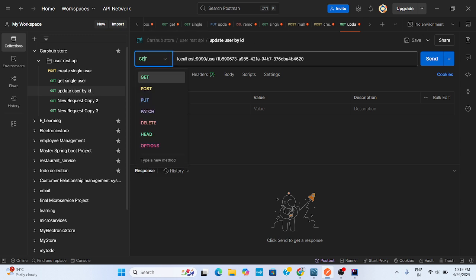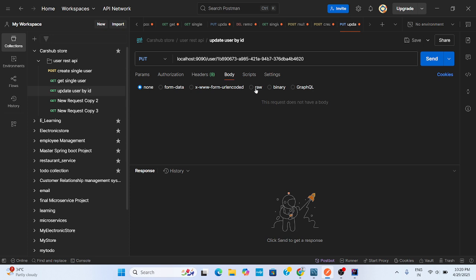For this we will use a PUT request that goes to the server. We will go to the body, raw, and give the user ID in the path. Here we will pass the name of the user.